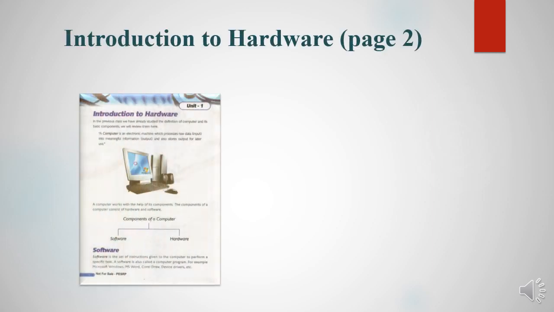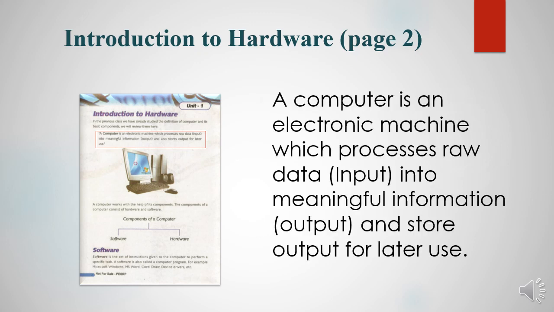Now come on the page number 2 of your book. In this page, you can see the definition of computer. A computer is an electronic machine which processes raw data input into meaningful information output and store output for later use. Students, you have seen the same definition of computer in 6th class. Here we just revise, like